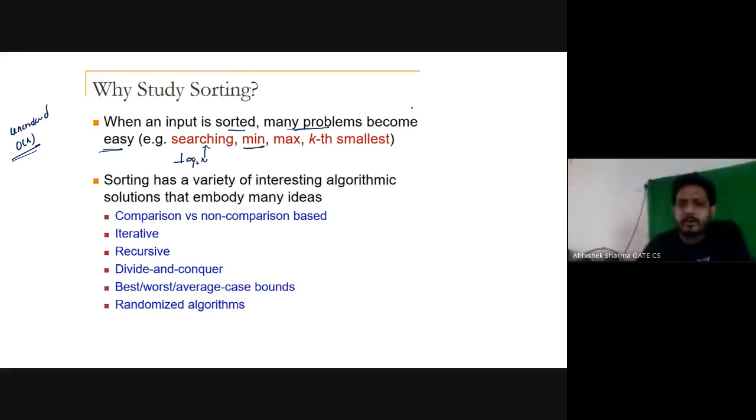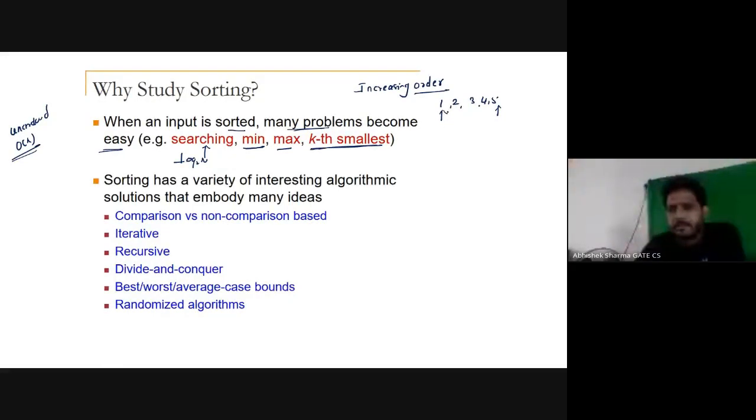Minimum value: if it is sorted in increasing order, like 1, 2, 3, 4, 5, then the minimum will be at the beginning and the maximum at the end.